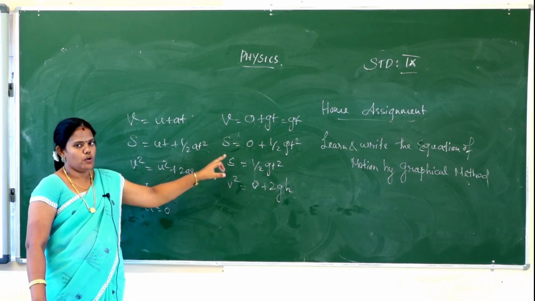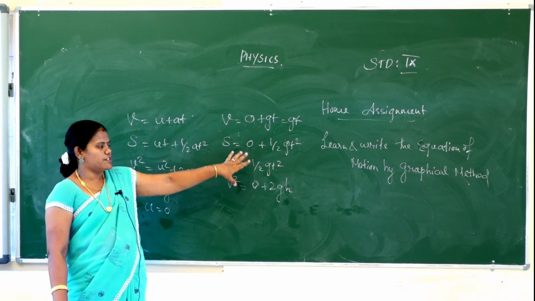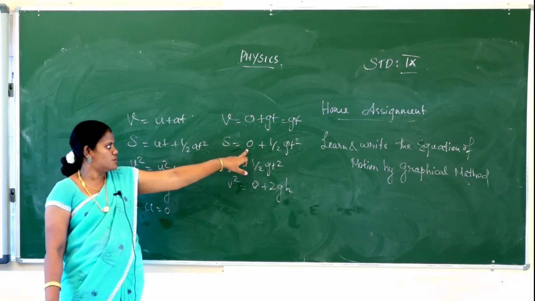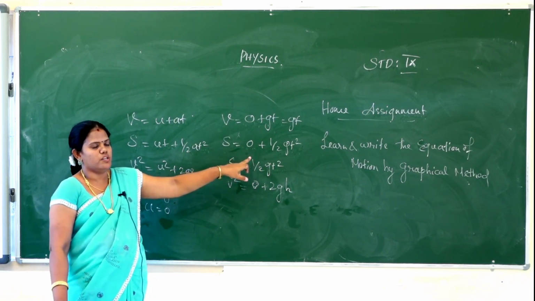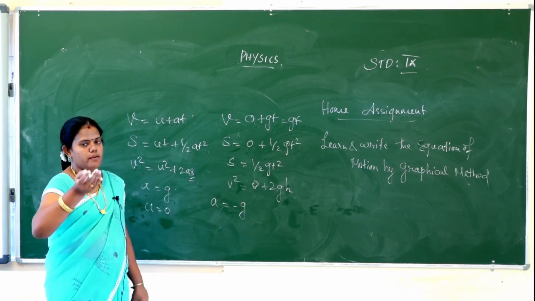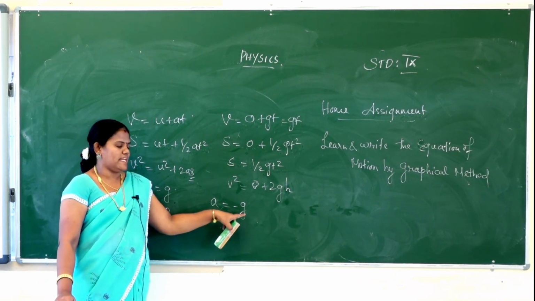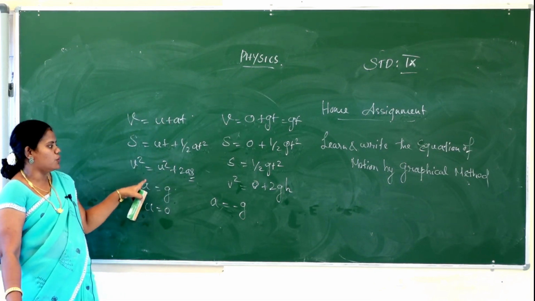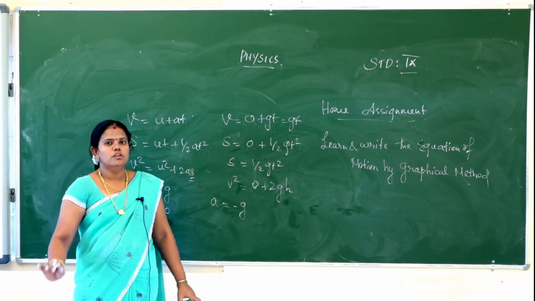That is also something you have to learn. So that is the equation of motion in normal motion, and this is the equation of motion under gravitational force. Note that the initial velocity is 0 and a is g. But if an object is thrown upward, it moves against the gravitational force, so the acceleration is noted as minus g. That's all for the equations of motion on the basis of normal motion and gravitational motion. Okay, students, don't forget to finish the homework.